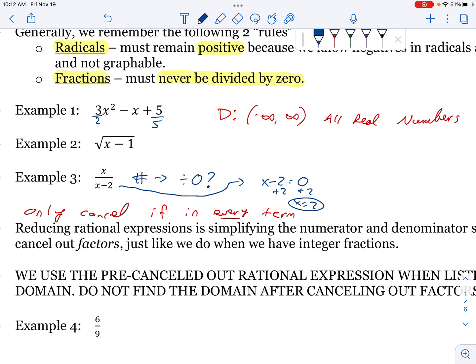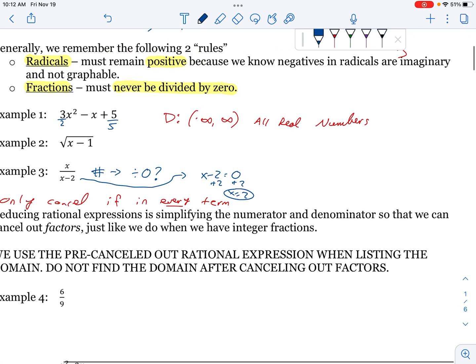If I plugged in a positive 2, I would get 0. So kind of the idea being is that I must never divide by 0. So looking at the bottom, if I set it equal to 0, that's the number. When I plug it in, that will give me 0. So 2 is the number that I cannot use. So basically what we want to say is my domain is all real numbers